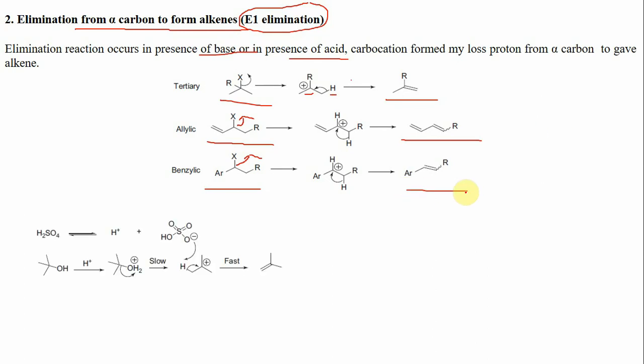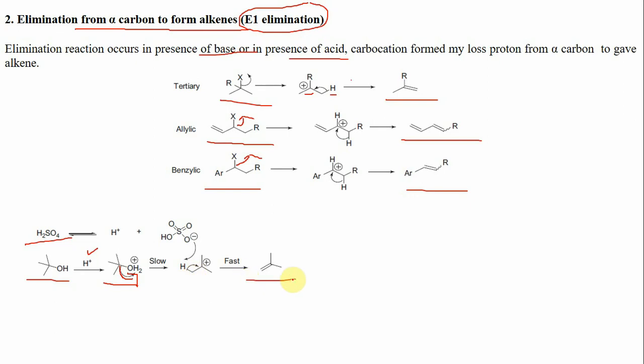Now, this elimination can also take place in the presence of an acid catalyst. For example, when alcohol molecules are treated with acid, they undergo elimination reaction to give the corresponding alkene via formation of these carbocations. When this tertiary butanol is treated with H plus ion, which comes from the sulfuric acid catalyst, it gives rise to the OH2 positive intermediate. Now, this OH2 positive is unstable, so it leaves with the bond pair of electrons in the form of a water molecule to give a carbocation, and then H plus ion leaves from the alpha carbon of this carbocation